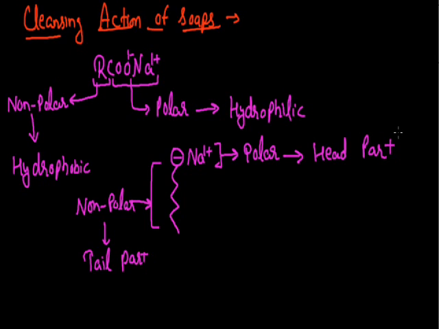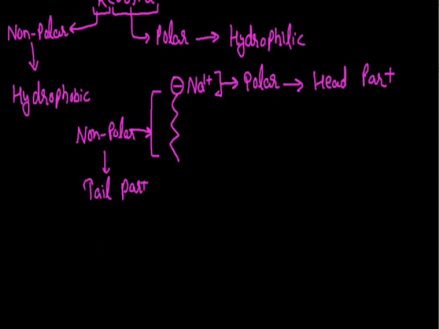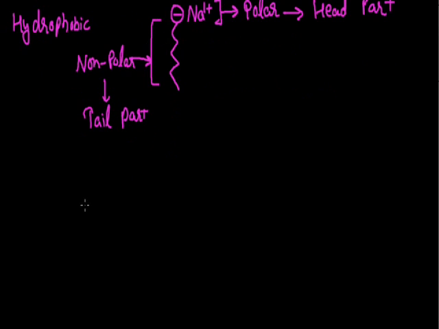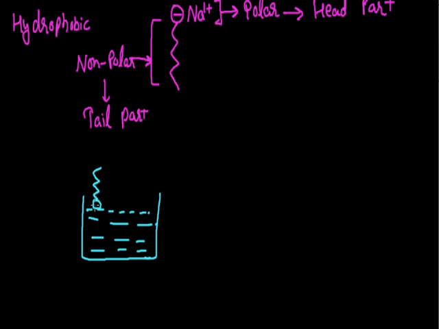Now, as we have read, the soap molecule has one long hydrocarbon chain, so when we add the soap molecule to water to clean clothes, first of all this hydrocarbon chain tries to stay apart from water. If I take water in this container like this, when we add the soap molecule, the hydrocarbon chains will try to stay apart from the water, and the molecules will capture the surface of the water. In this form, the hydrophilic polar part will be towards the water and the hydrophobic tail part will be away from the water.